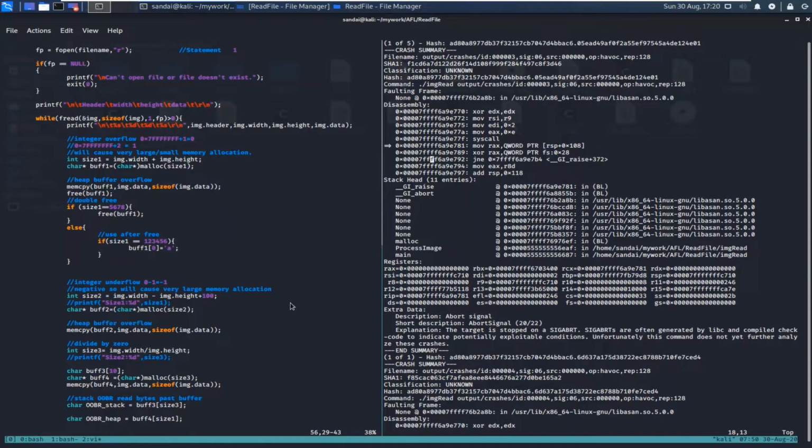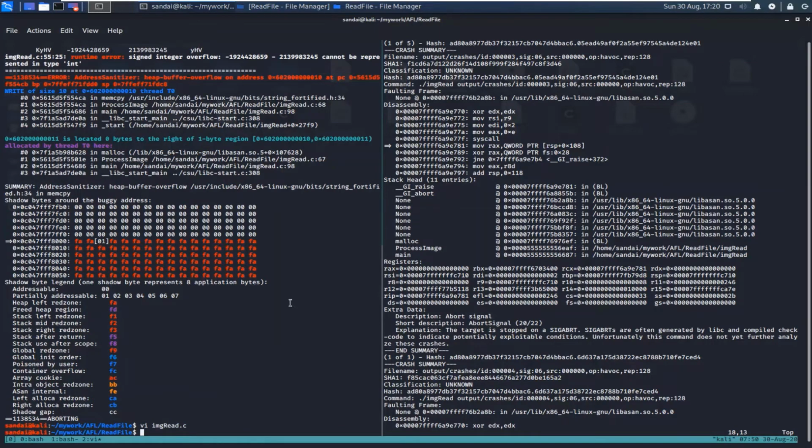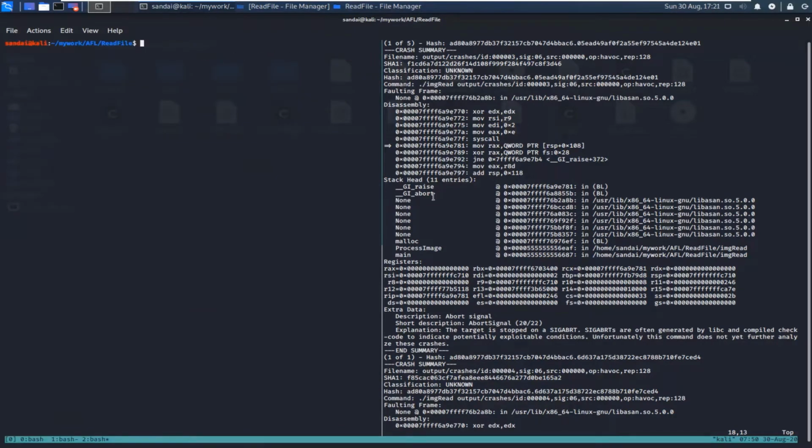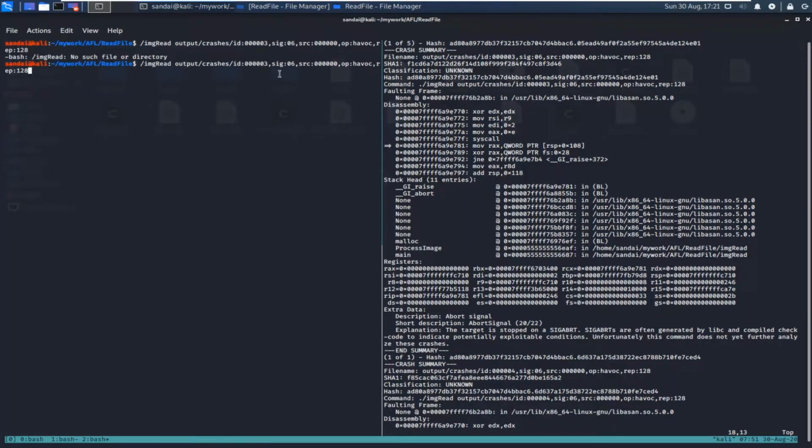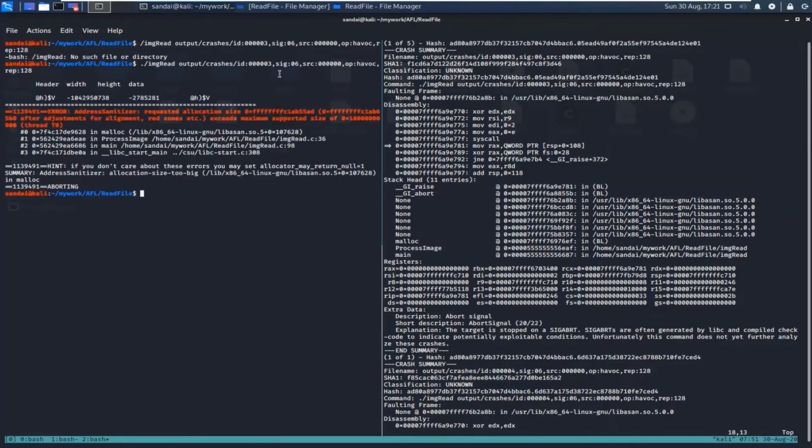For that I will close this and clear. Let's start. We'll take the first of these crashes, copy and paste it over here. You can see that it is crashing.